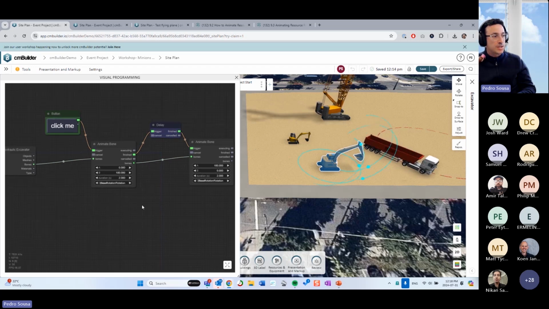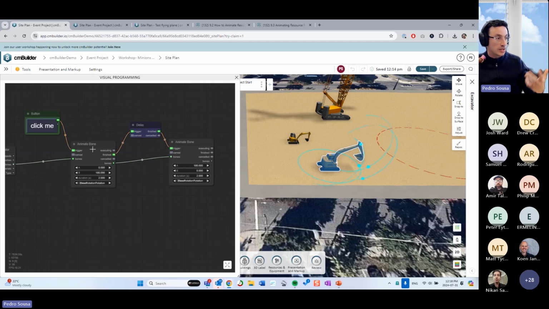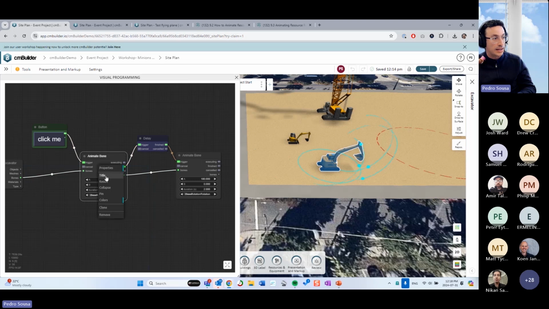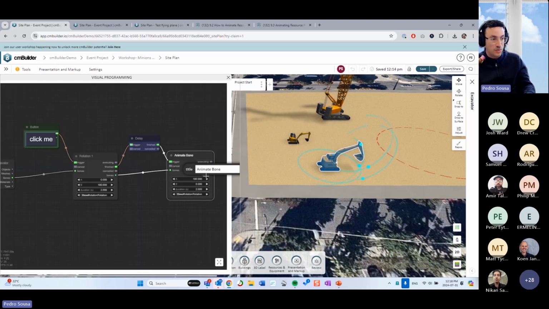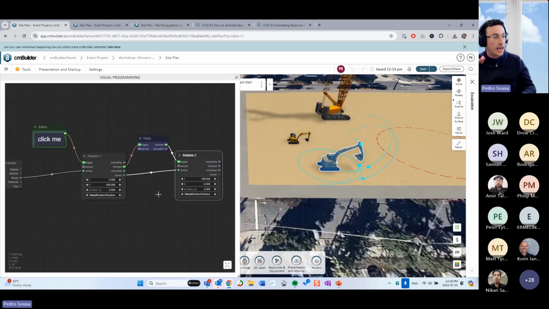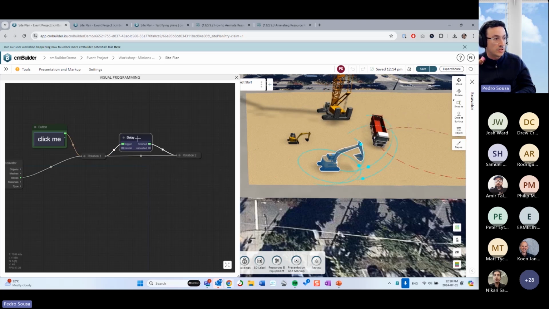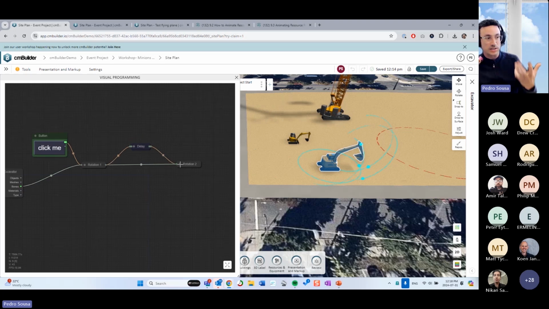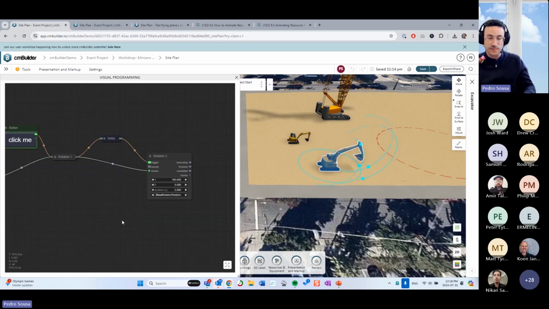So sometimes you want to rename these nodes as well to understand what is being applied to them. So you can right click and then click on title over here, and then you can say that this is rotation 1, for example, and then you can right click and do title and say this one's going to be rotation 2. And if you click on this little sphere over here, it collapses the nodes. So you have a little bit cleaner situation going on over here, right? But of course, this requires some coordination for you to understand with the titles what's going on in each one of these nodes. Okay,